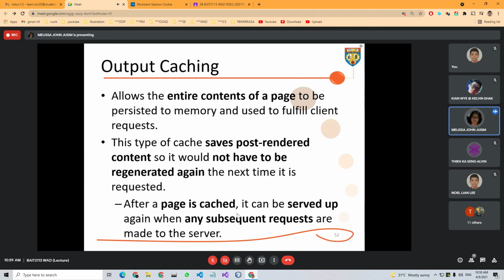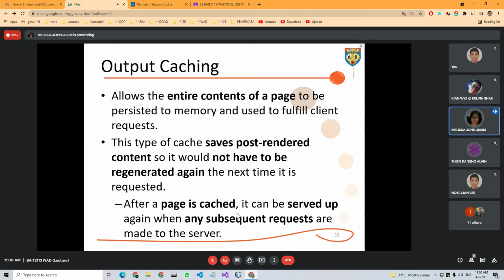Output caching means we allow the entire contents of a page to be kept temporarily to fulfill the client request. So what does it mean? It can save our post-rendered content, no need to regenerate again. This is so nice.